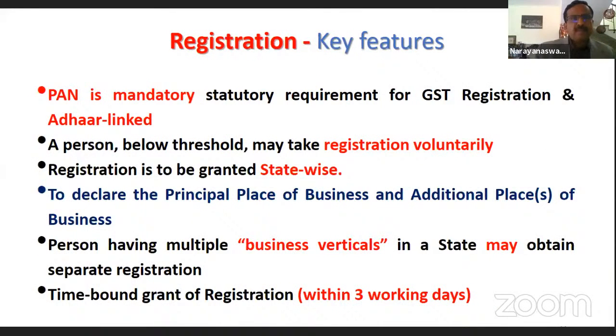The key features of registration are it is PAN based. In fact, in GSTIN, the PAN number is also incorporated. Recently, because of the frauds taking place, we have ensured that Aadhaar of one of the key persons, authorized persons, should be linked with it. But if I am below this 40 lakh or 20 lakh category, whether I can register under the GST, yes, that is allowed. In fact, in reality, out of 100 people who are below this threshold limit, at least 55% have registered under GST because they want to be part of the main input tax credit flow.